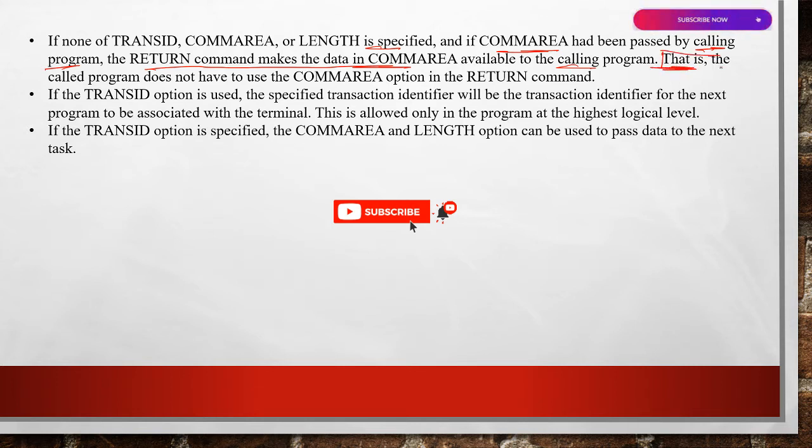What it means is the calling program doesn't have to use the COM area option in the RETURN command. And if the TRANSID option is used, the specified transaction identifier will be the transaction identifier for the next program to be associated with the terminal.